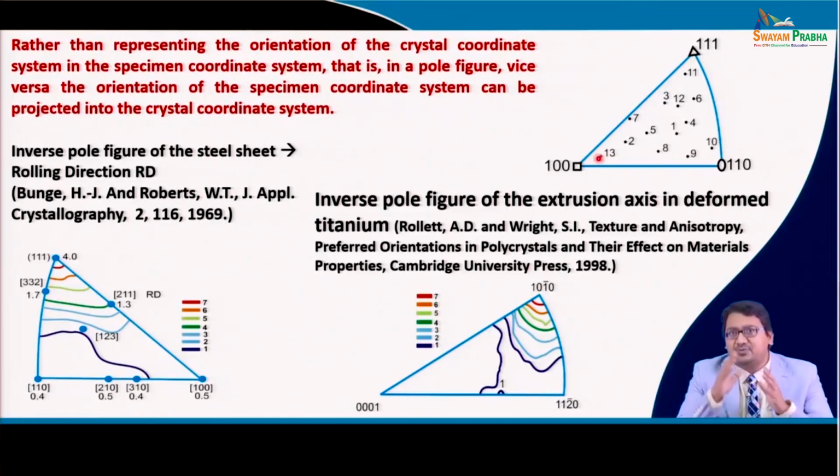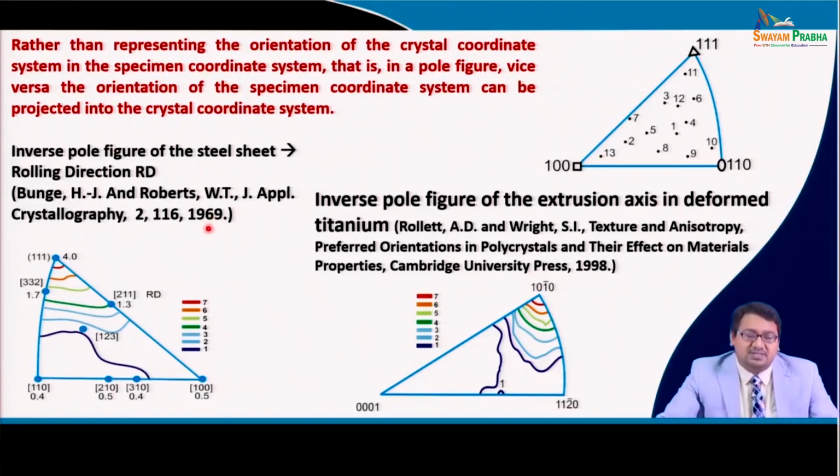Using an inverse pole figure, one can obtain the important sample reference direction. So, if there are 3 important sample reference directions, we have to use 3 inverse pole figures to decipher the exact texture of that particular material. So, you see